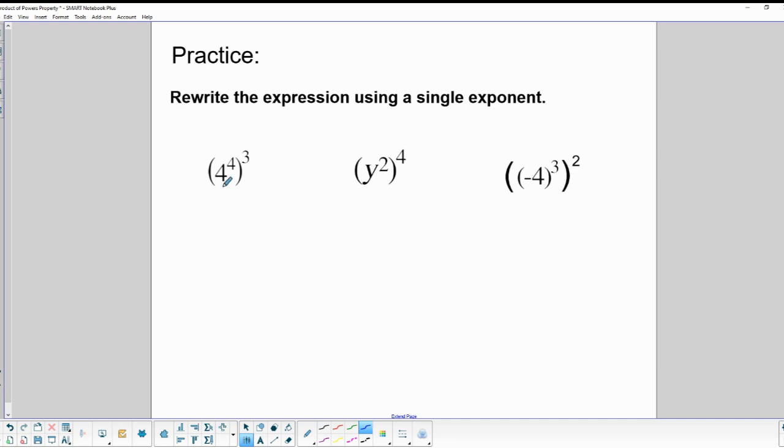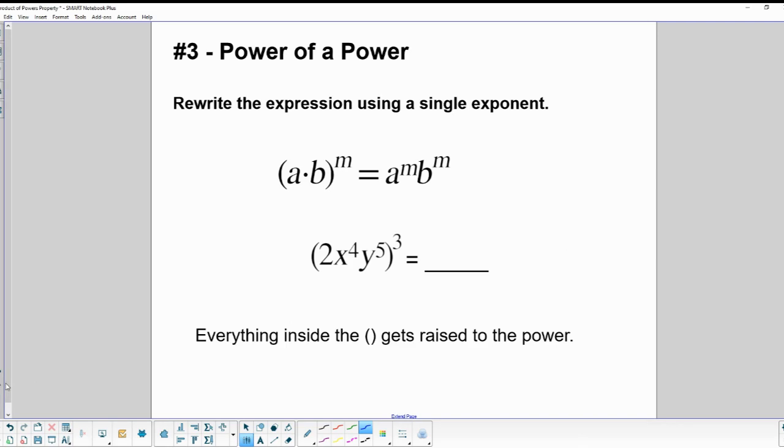So let's try a few. 4 to the 4th to the 3rd power, that would just be 3 times 4, which would be 4 to the 12th power. 4 times 2 would be 8, so that would be y to the 8th power. 2 times 3 is 6, so I'd have negative 4 in parentheses in this case to the 6th power. So these aren't looking too bad either, are they? All right, now